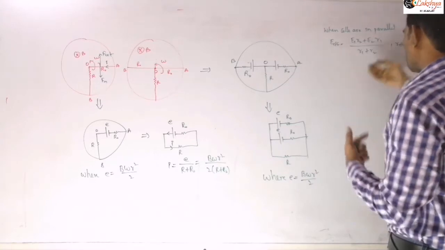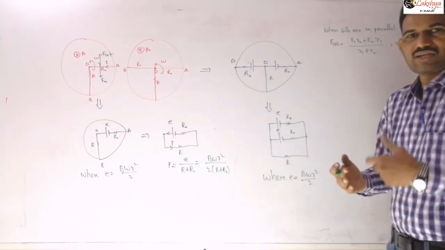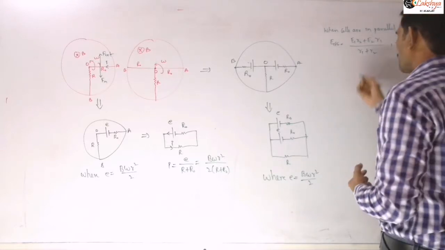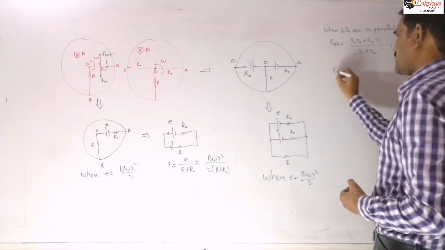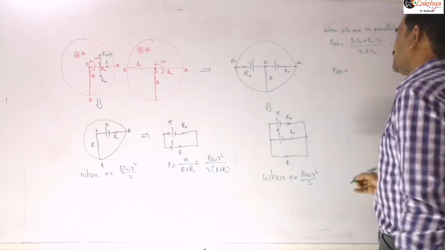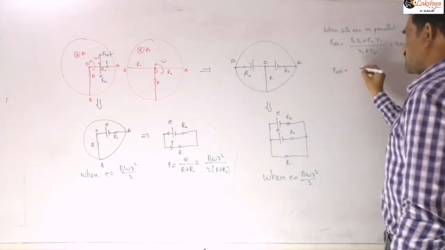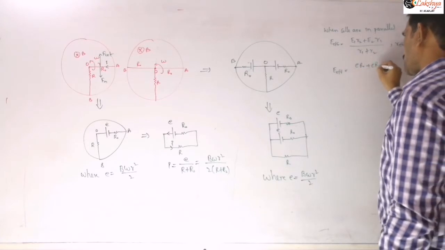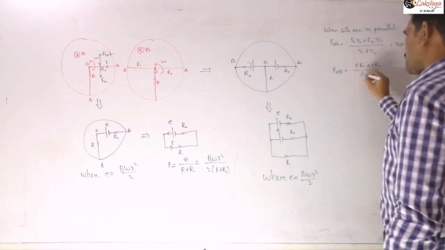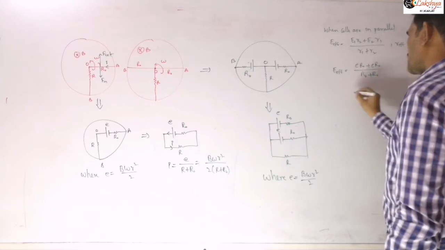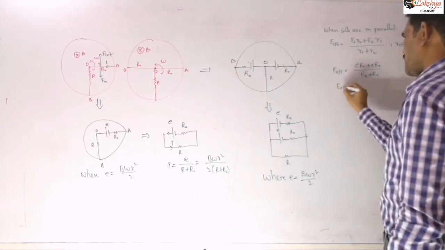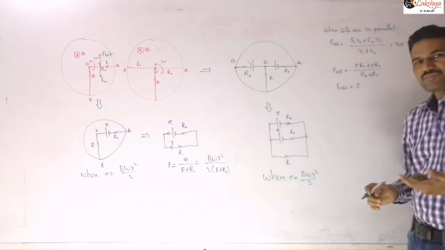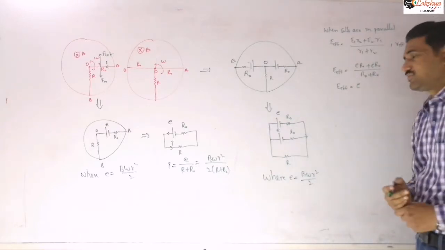Now we need to write the effective resistance also, when cells are in parallel, when you are replacing the two cells with a single cell. So now this effective EMF will be equal to E into R naught plus E into R naught by R naught plus R naught, because all are identical cells here, so this E effective I can write as the same as our E. So that means when identical cells are there, then the EMF will be the same only.